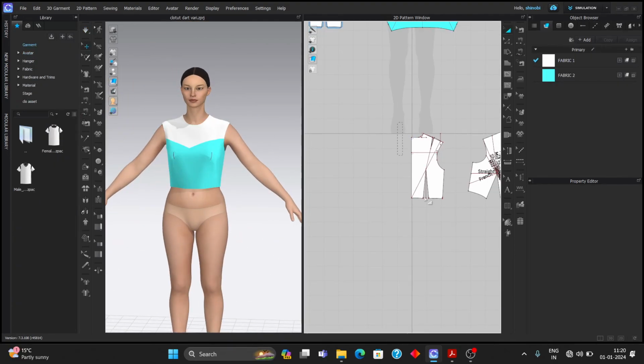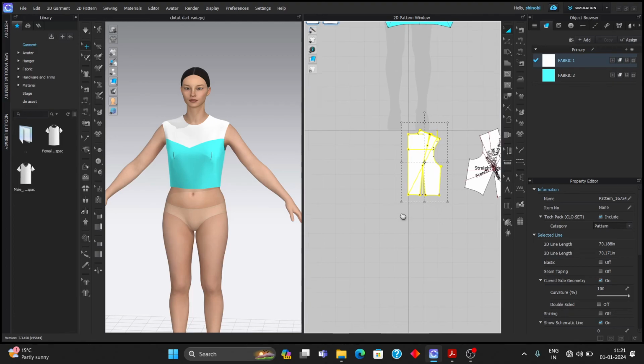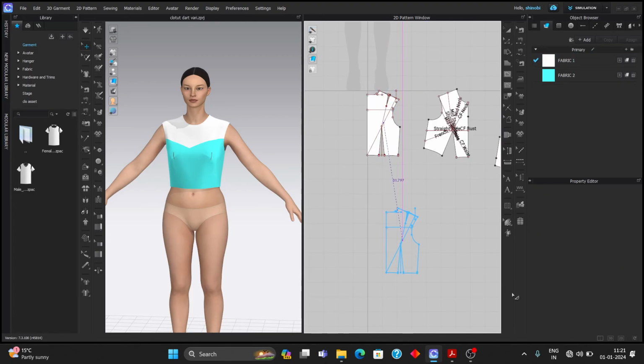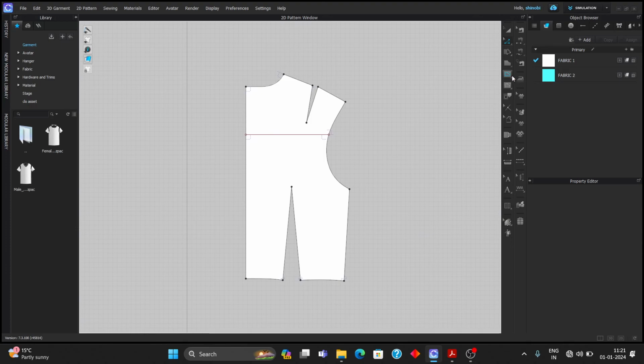And now we have finally reached the last part of the tutorial, where we are going to get rid of the back bodice shoulder dart by transferring the excess to the armhole. To do this, trace a fresh back bodice block and delete all the internal lines except the HBL line as it is shown here. Now to create a perpendicular line from the dart intersection point to the HBL line, with the pattern